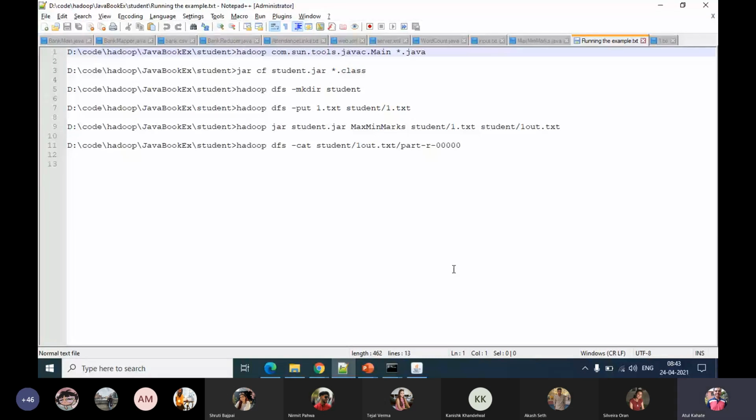Then we will try to run our code with the input file and the output file. And assuming that all is successful, we will try to view the output file. Of course, if any of the steps are not successful, we'll have to sort out whatever are the problems, then accordingly proceed.